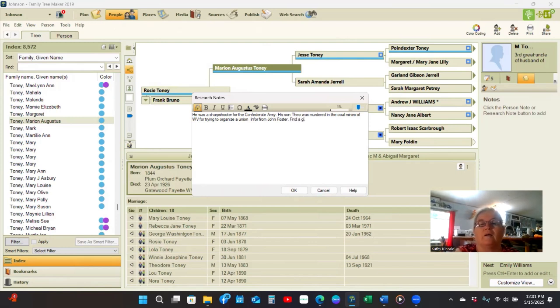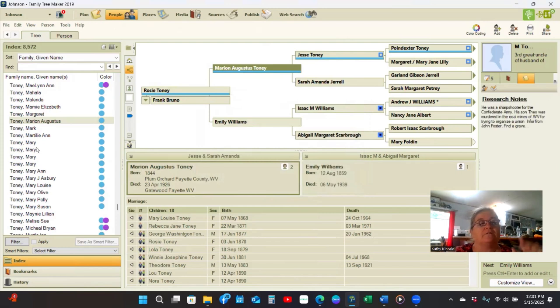Find a grave. Okay, so now that one's done. Now we're going to go to the last two pages. This is just filling in, making sure that the information that I found today is good. We're going to go to Tony again. Well, I've got Tony up, so let's just go down to